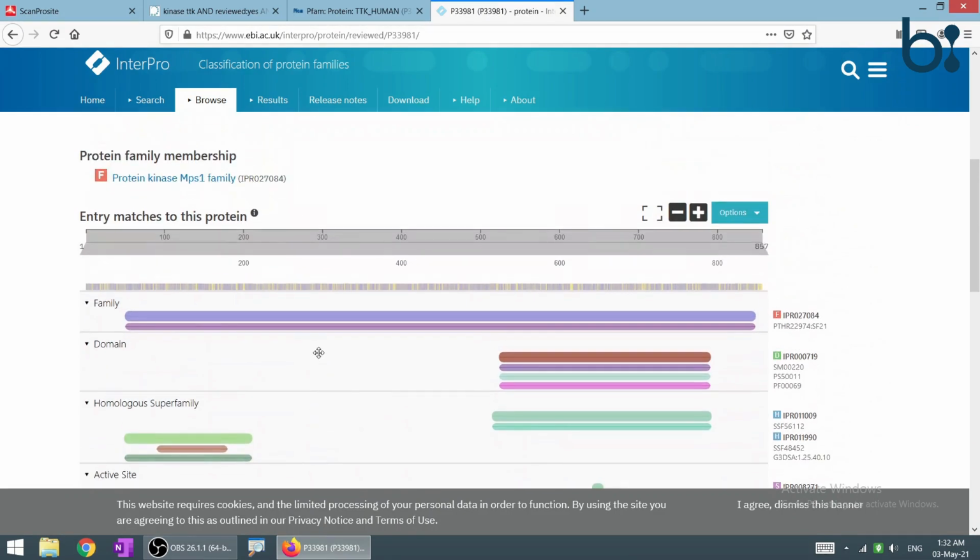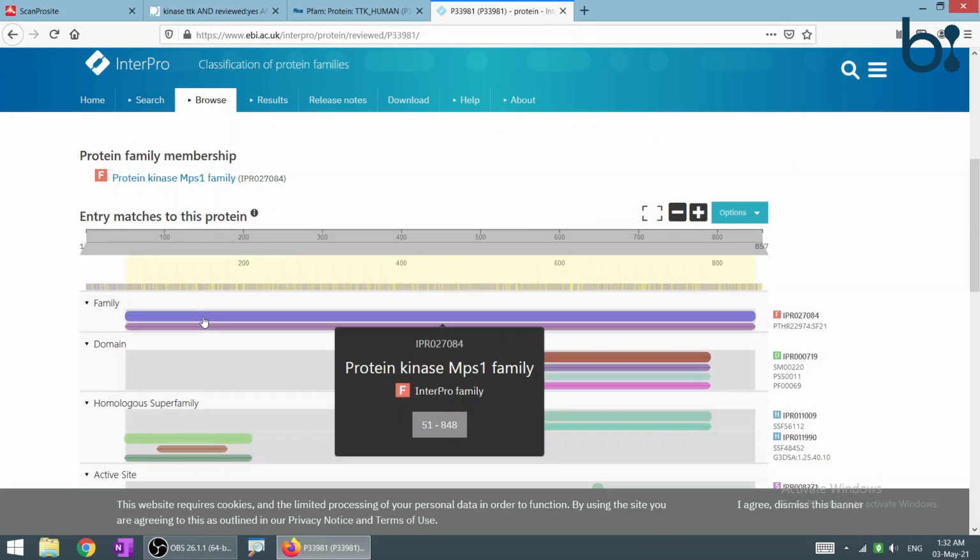Let's see that the family has two results. The first result is coming from the InterPro family, which says that it runs from 51 to 848 amino acid.